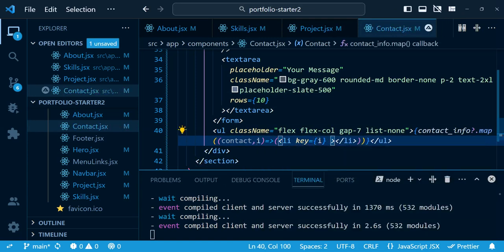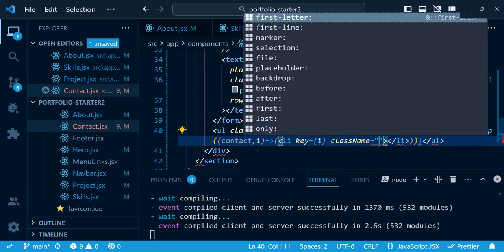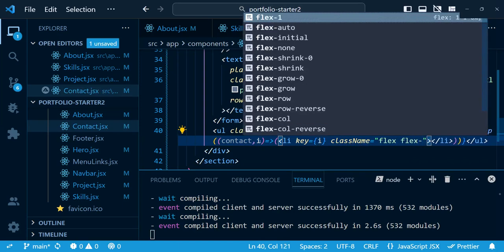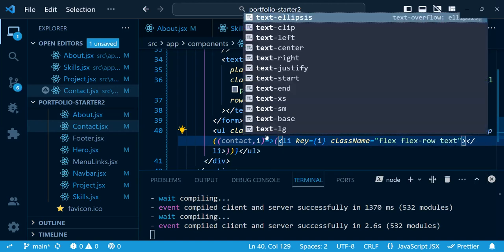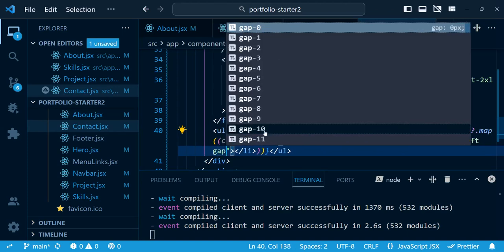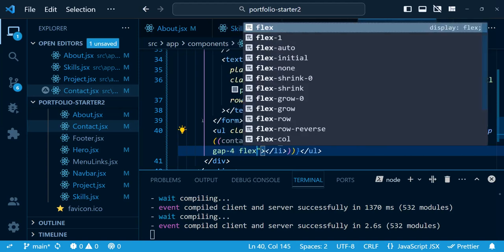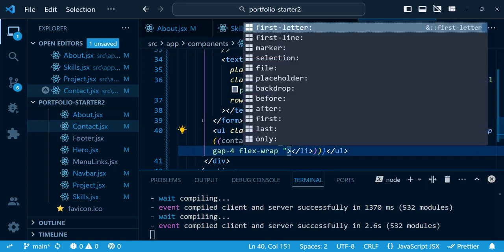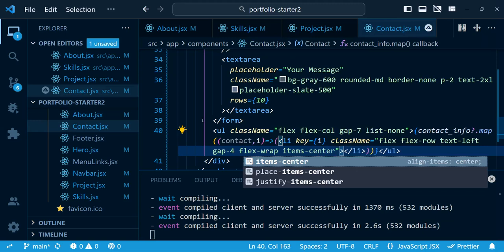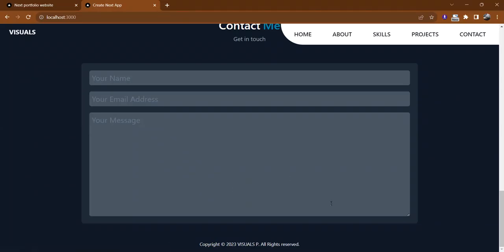and let's give a key to each list element, index, and let's give a class name of flex row, text left, gap of 4, and flex wrap, and items center. Save it. Now we have rendered all the list elements, but we need to loop over each element,